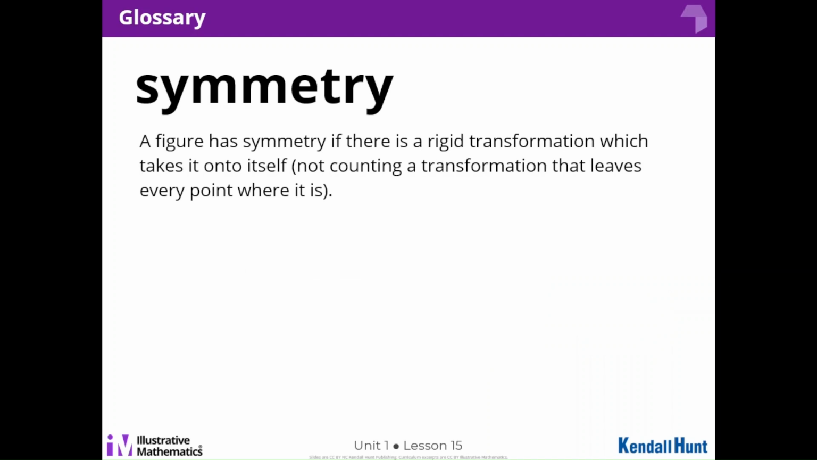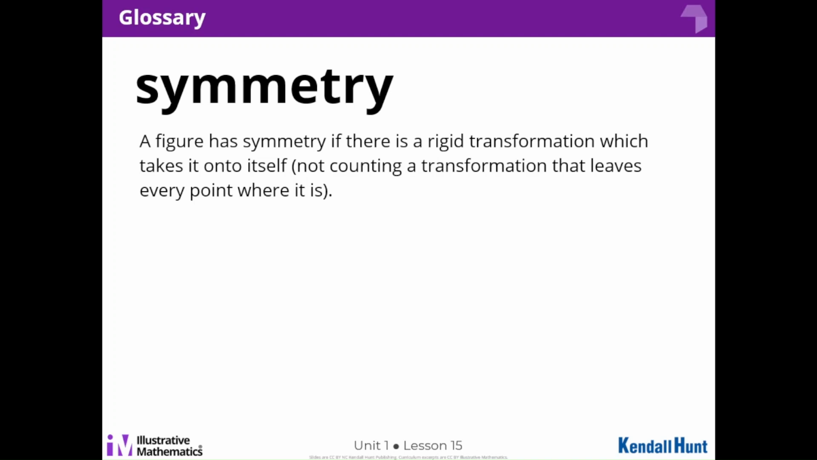Next, this is one that today's lesson is going to be centered around. That is symmetry. A figure has symmetry if there is a rigid transformation which takes it onto itself, not counting a transformation that leaves every point where it is. So what they mean by that is we could not say,